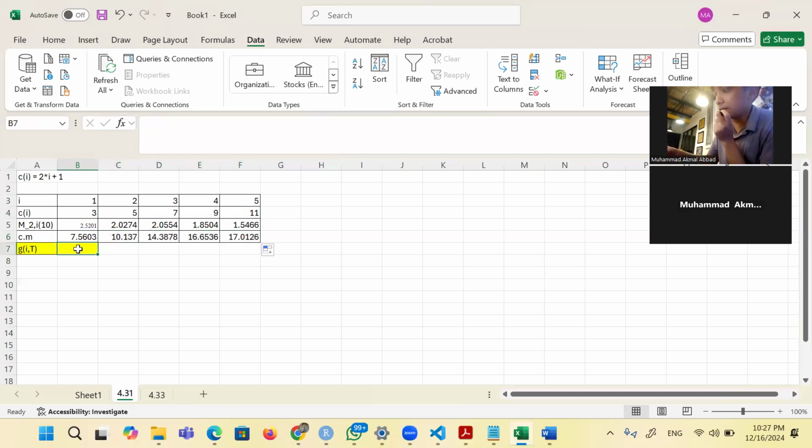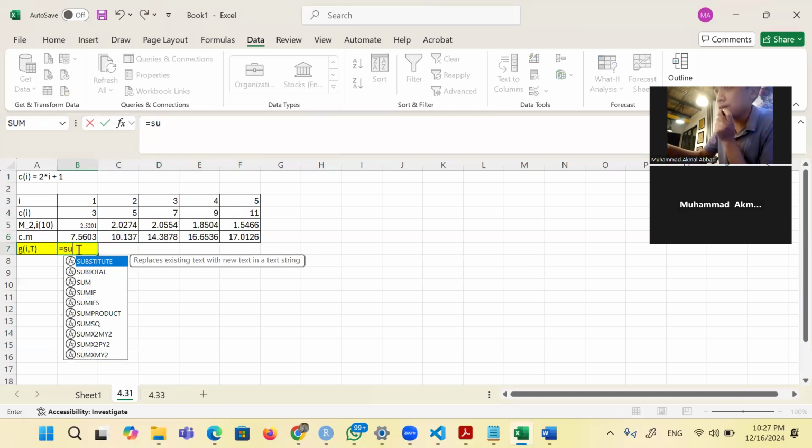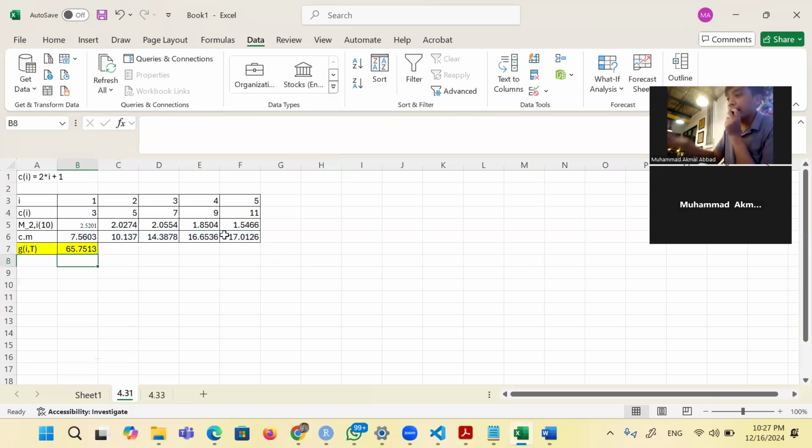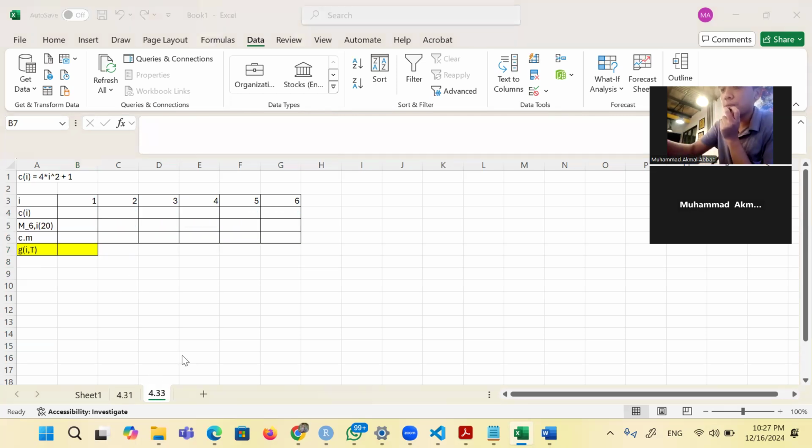So G(2,10) is the sum of these values. I use Microsoft Excel because it is easy, but I already tried it with paper, so the answer is the same. So G(2,10) is 65.75.